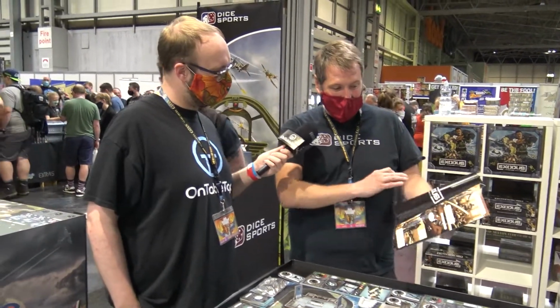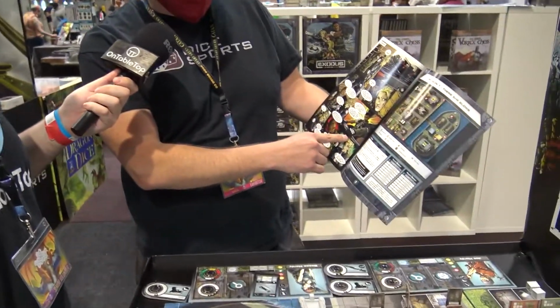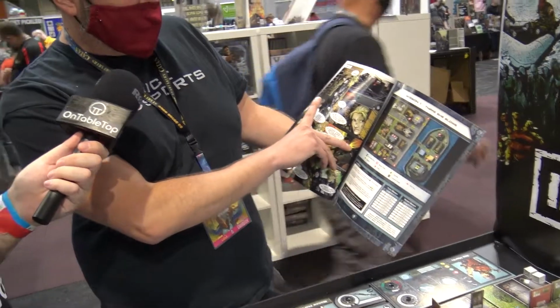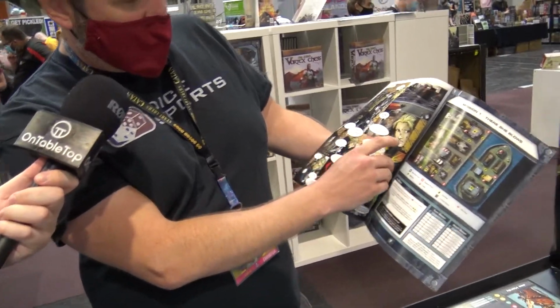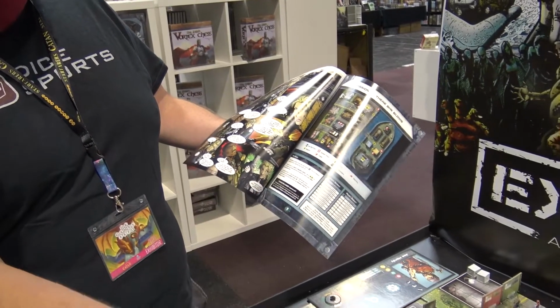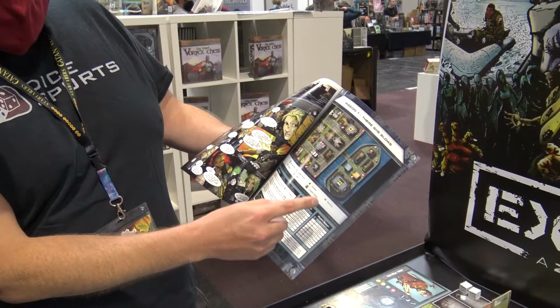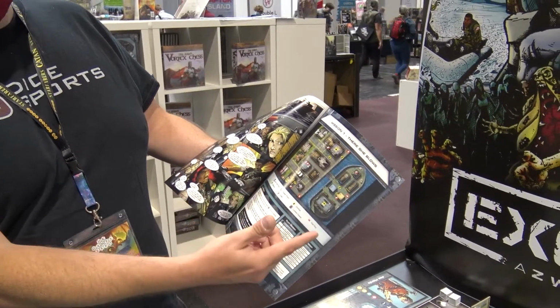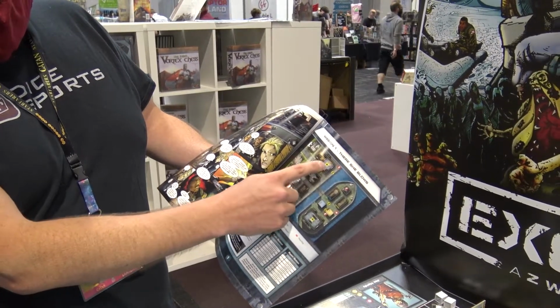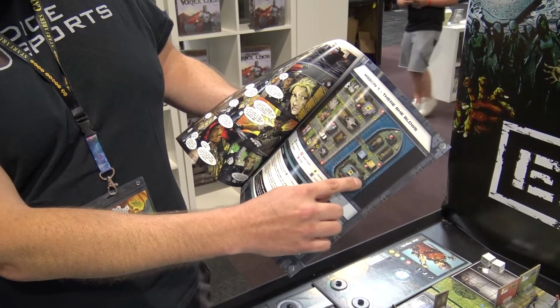So you've got a comic book where you've got a couple of pages of comic book that lead into a mission. So for example, in the story here, we've got this guy who's definitely not Will Smith, and his partner that are trying to escape England because it's been overrun by various nasties, and they come up with the idea of stealing a cargo ship. So in the first mission, you're stealing the cargo ship. They're stopping off and raiding a couple of rooms for supplies on the way. Once they get into the control room on the ship,